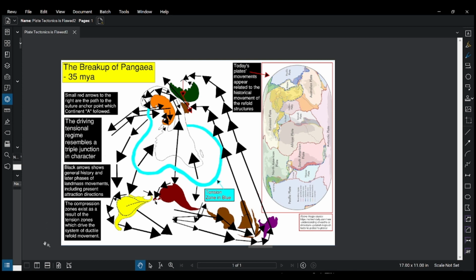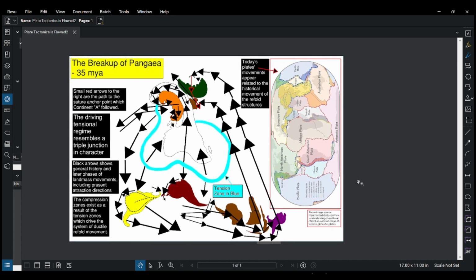So I'm now going to explain something that's really interesting, very controversial, and that is that our Earth is expanding. So the fractals that I found actually pretty much prove that. And even looking at this kind of proves it, because I put tension zone in blue. So you see that I wrote that in here, all around Africa, which is the center of the system. You see the merry-go-round system going around and coming into a zone that's being stabilized by what's going on with Africa's arm and everything. So all the action is